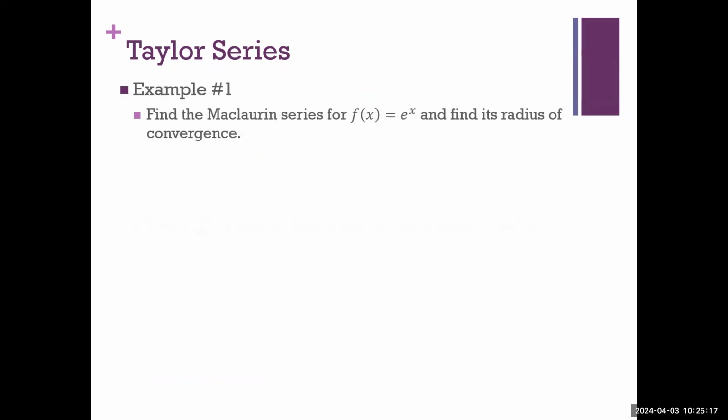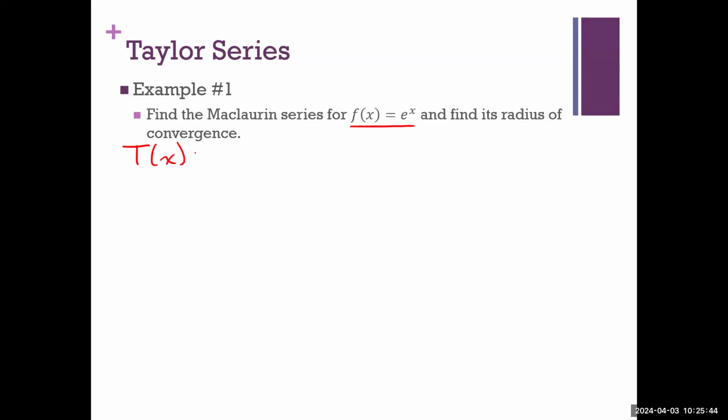So f of x equals e to the x. This is very much not a geometric sum. I cannot do anything to make this look like a geometric sum. But now with this new tool of Taylor series, we can still come up with a power series for this. So basically what I'm trying to build up is